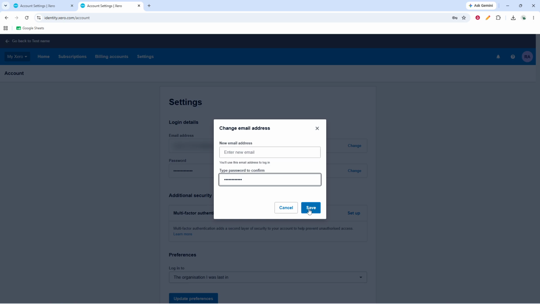Xero will then process the request and send a verification email to the new address you entered. If the page does not change right away, give it a moment and watch for any confirmation on screen that the request has been submitted. At this point, the email address is not fully updated yet because the final confirmation still needs to be completed